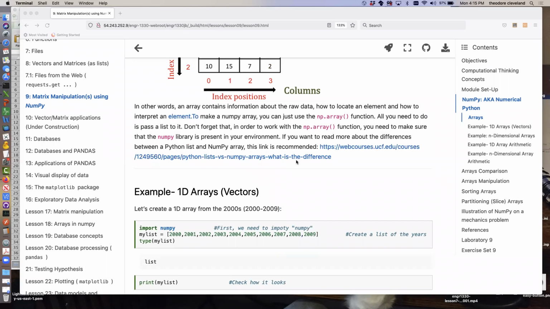So the array itself contains information about the actual data itself, as well as how to locate an element and how to interpret or take information out of an element. To make a NumPy array, you simply use the numpy.array function. So here we have a little